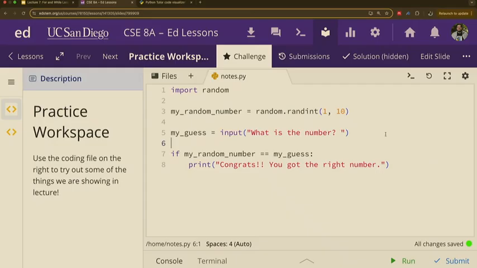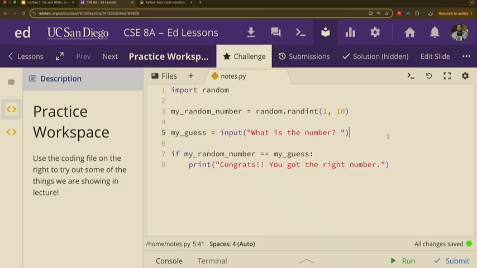But what if they didn't get the number right? What happens? I'm thinking of a number between 1 and 10 right now. What is it? 5. No. 3. What did I just do right there? I asked again, right? What's the number? What's the number? Until I get the number that I'm looking for. That number was 6, by the way. But, you know, whatever. I want to keep on asking until I get the number that I'm looking for, right?